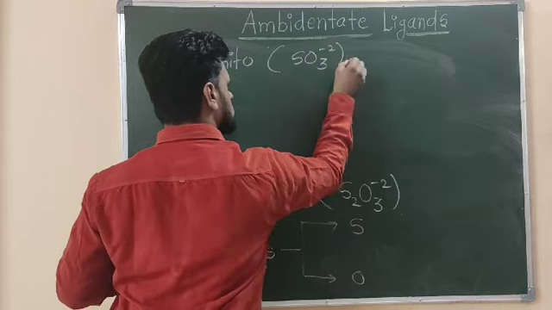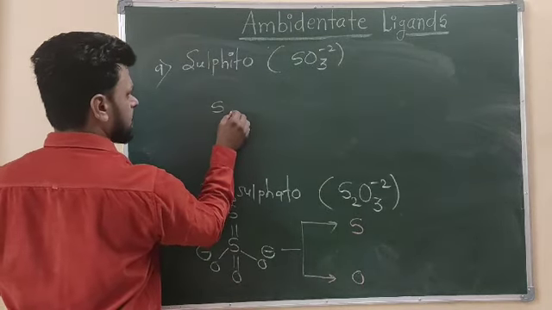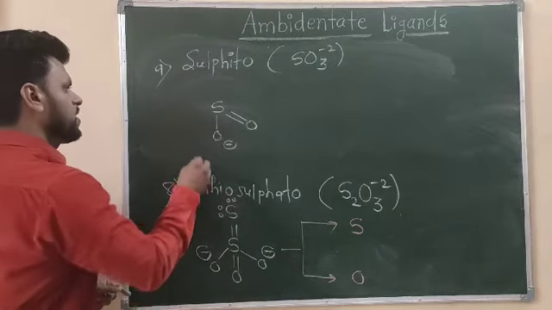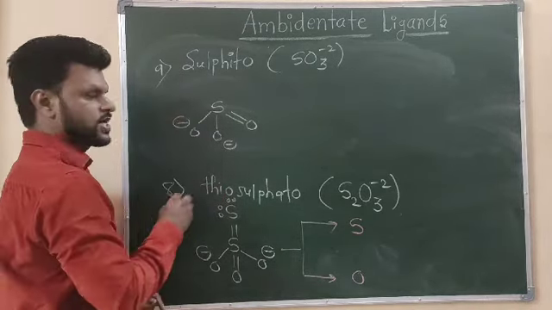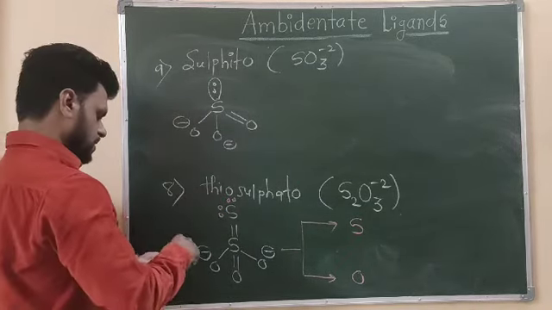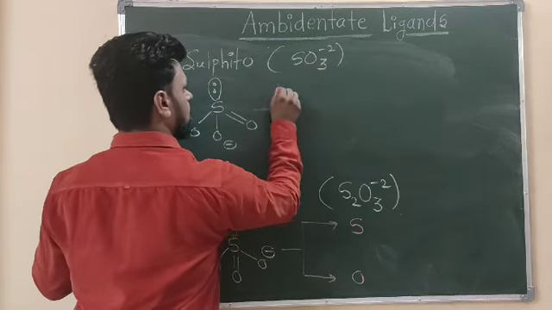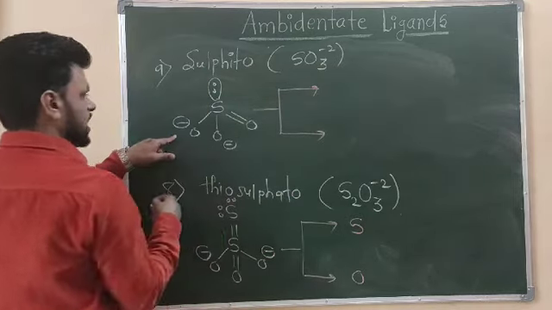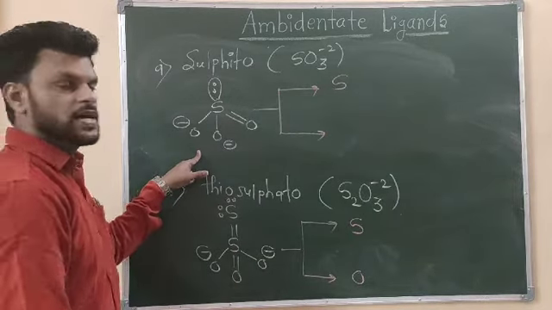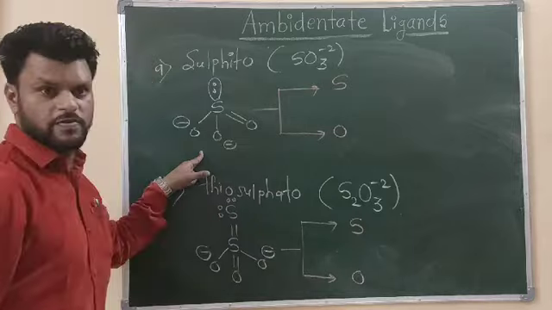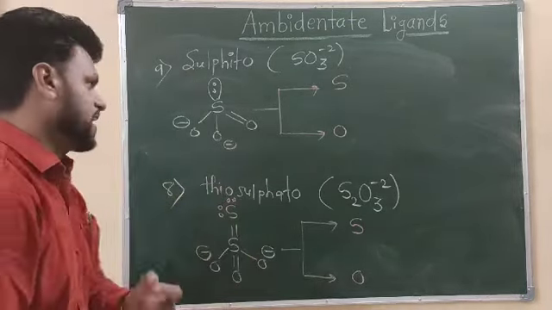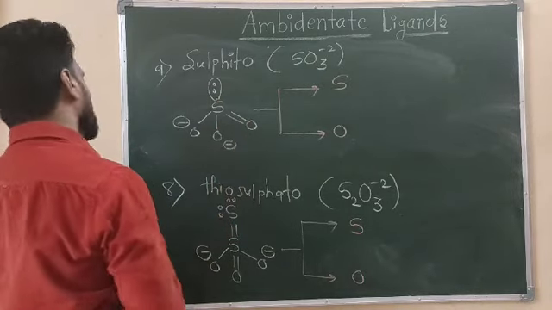SO3 2-. Here, if you see very carefully, S double bond O, negative charge, and O carries a negative charge, and we have a lone pair. So if you take the lone pair on the sulfur or on the oxygen, or its negative charge here, it can be sulfur bonded, and it can also be oxygen bonded. So this molecule can bond via 2 different sites, one via sulfur and one via oxygen.